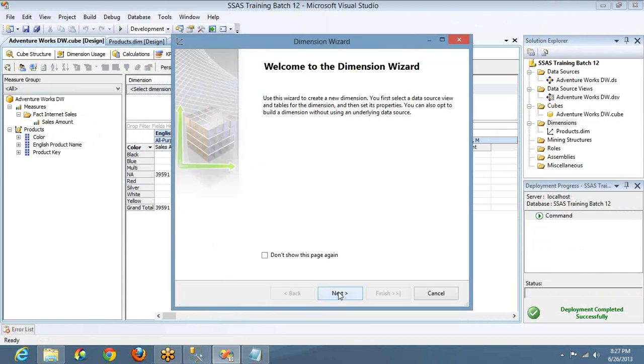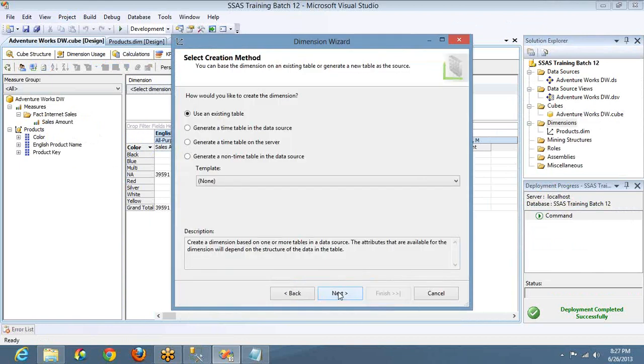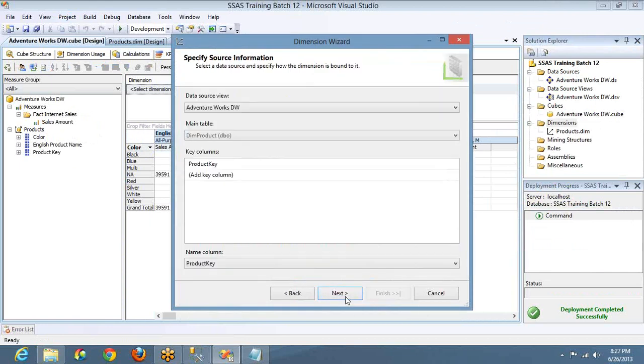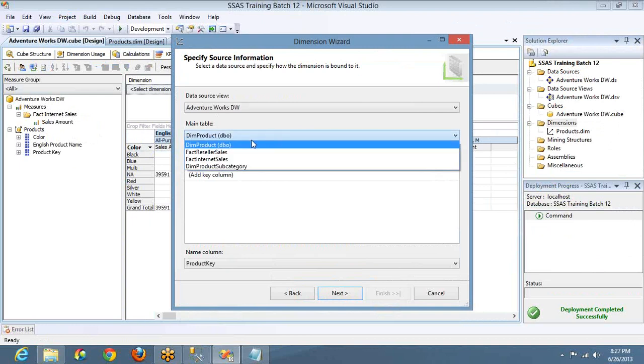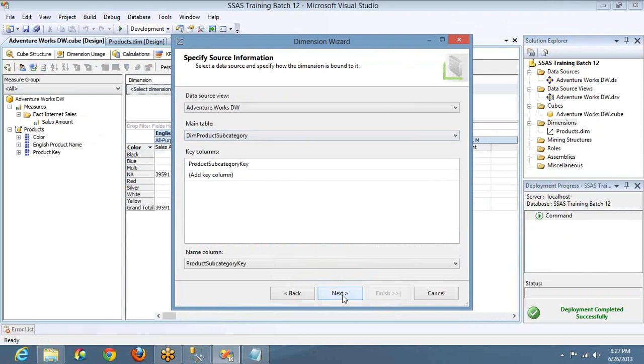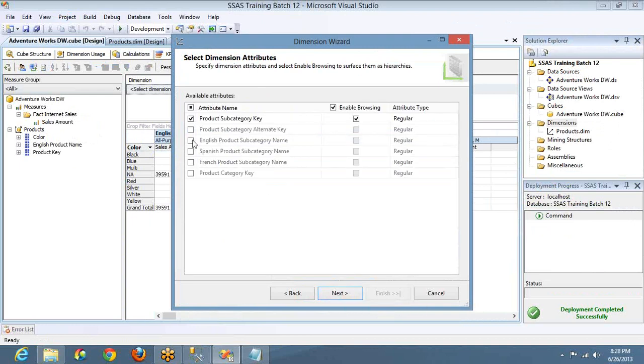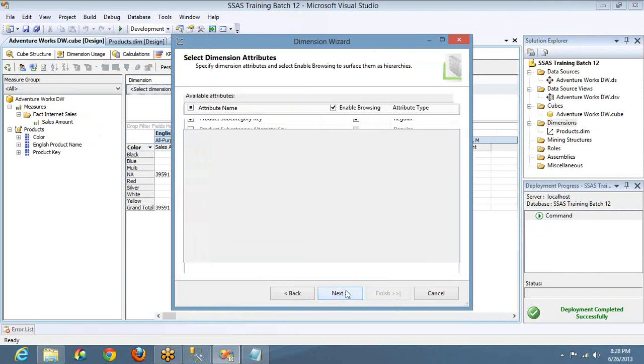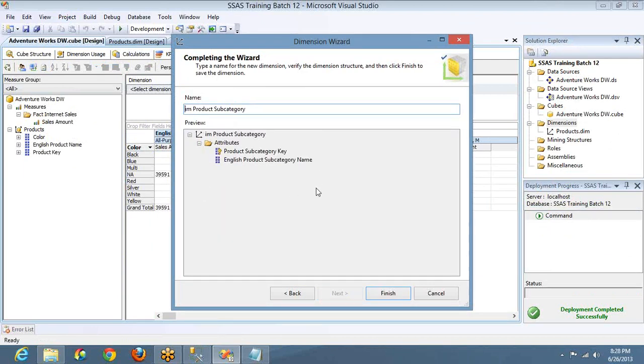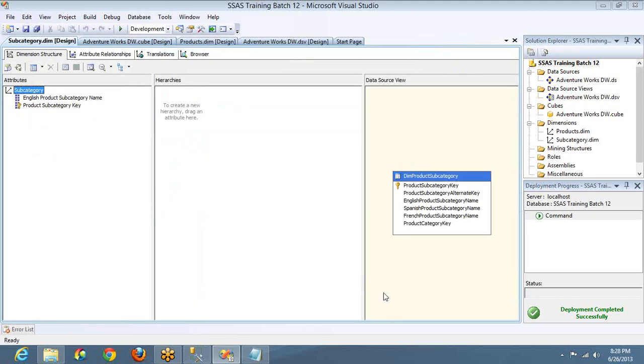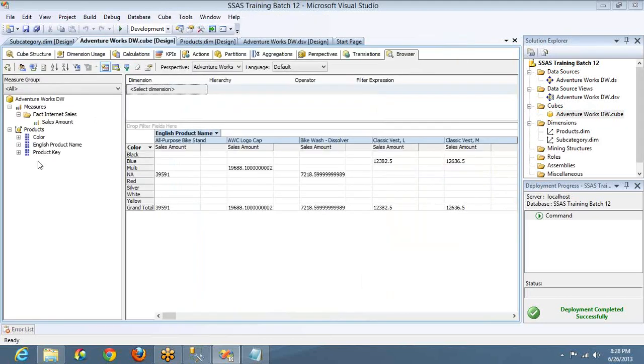Let me right click, new dimension, use existing table, and I want to create a dimension for DIM product category. Click on next. I want to have English product subcategory name. Click on next, and I'll name it subcategory. Finish.